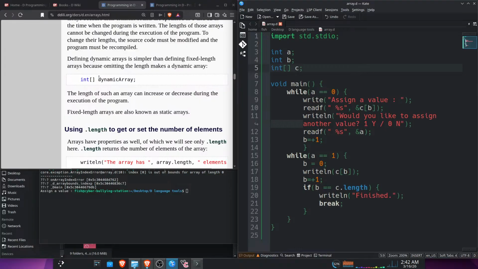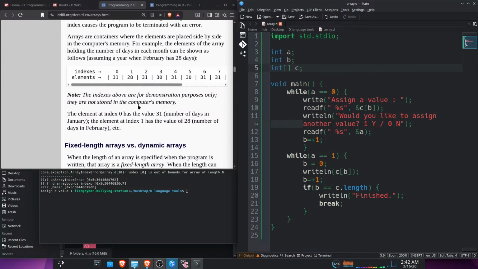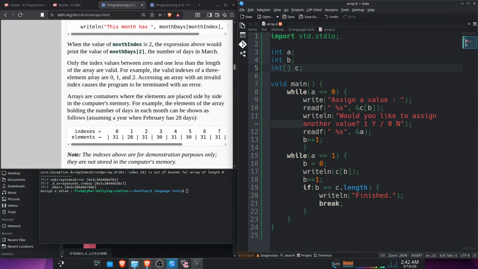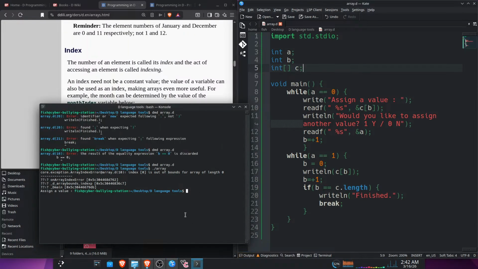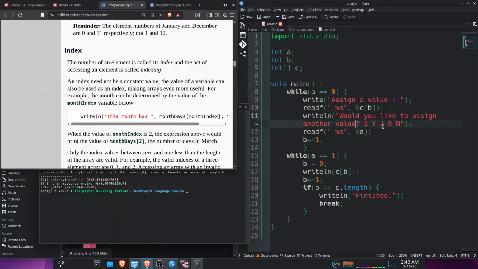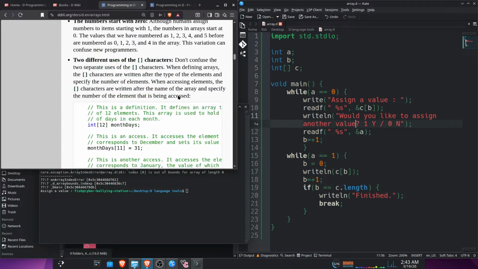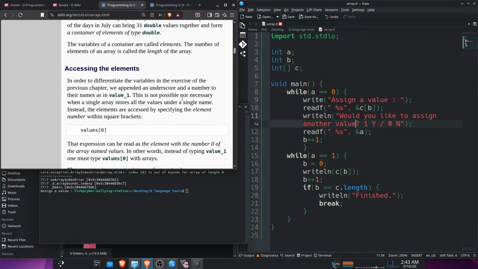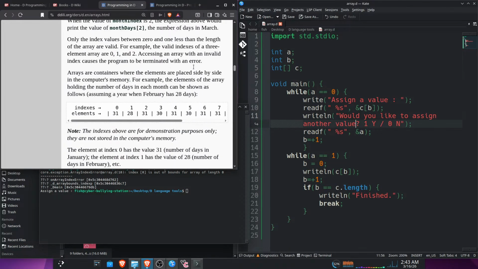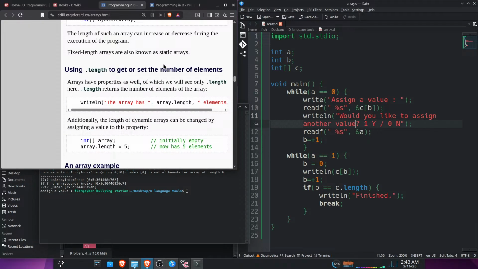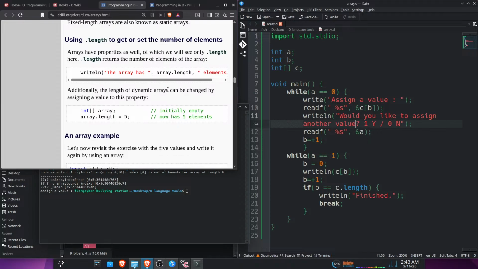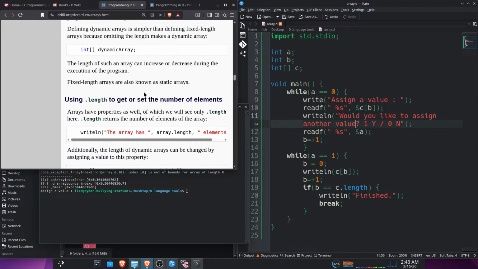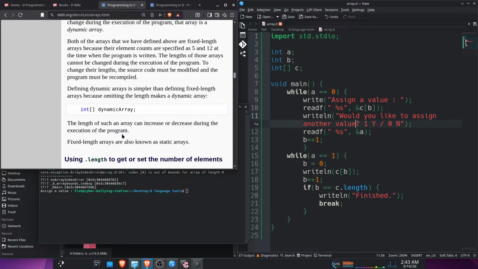Dynamic array elements. What am I doing? Why is this not working? Index error. So like if array index is 0, while a equals 0. So something's wrong with my array to where I cannot assign the value to it. Or actually, maybe arrays are not dynamic. There is no dynamic array. I mean, it'd be fun to do a dynamic array for this because it'd be a challenge to actually read that, but